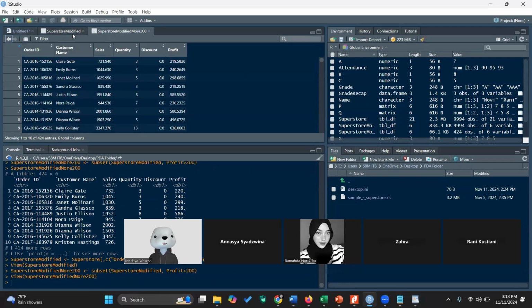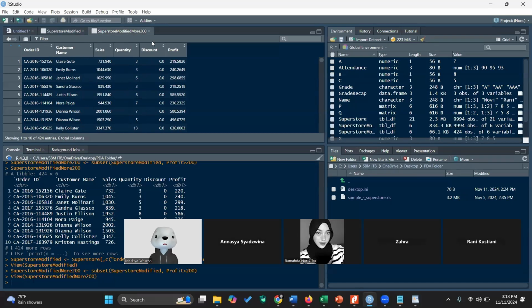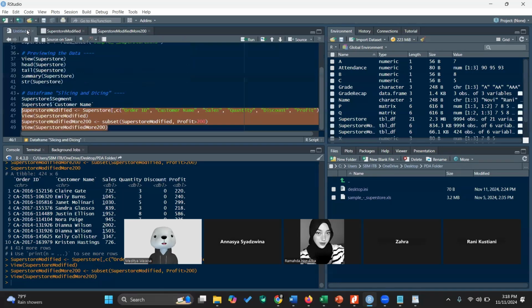This is ya. If you see, this is Superstore modified, yeah, with the profit 41 to 196 all are mixed, but Superstore modified more 200 is the one with the profit of more than 200.